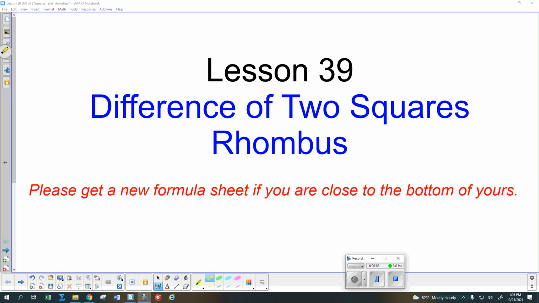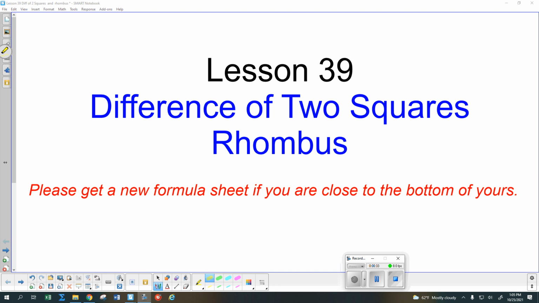In our lesson today, we will cover one more factoring method, which is the difference of two squares. You learned it last year, but we haven't reviewed it yet this year. It's my favorite because I think it's absolutely the easiest factoring method that there is. And then we also will talk about the rhombus, which is a special parallelogram. So everything we learned the other day about parallelograms is still true, and there are a few extra properties for